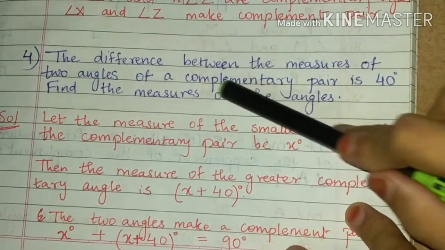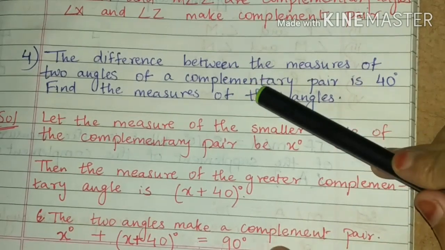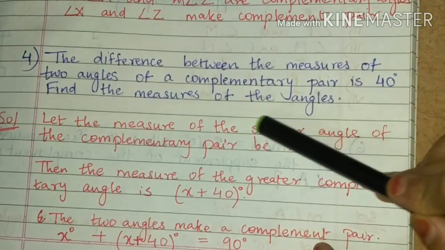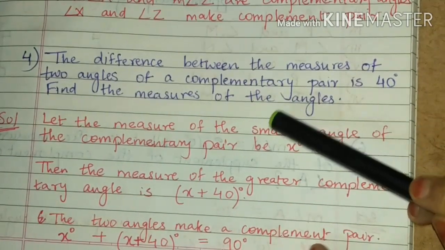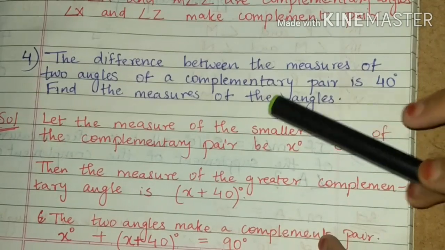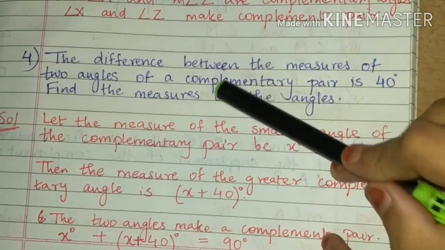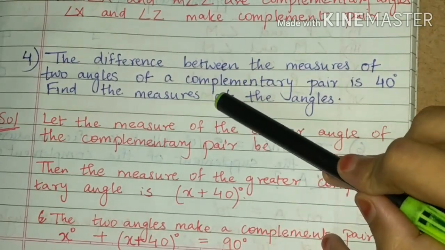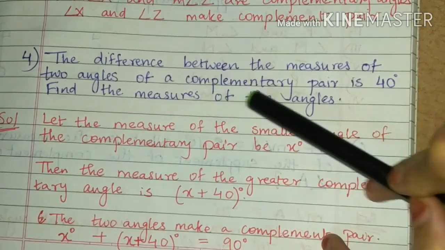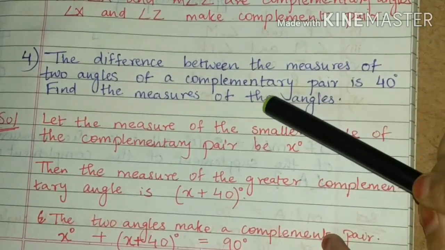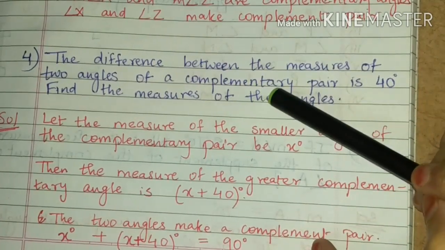90 degree. So you have to read the question properly, as you need to understand what is given from the question. They will not directly give the data, so you have to understand it from the question. So what we came to know, that the two angles are complementary. Means the sum of two angles will be equal to 90 degree. Angle 1 plus angle 2 equals to 90 degree.